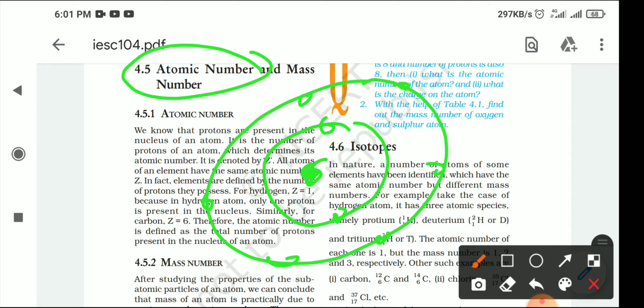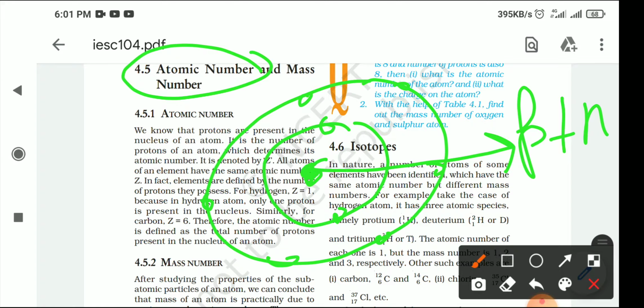Now, as you know, the discovery of the electron, proton and neutron tells us where they are inside the atom. Inside the nucleus there are protons and neutrons, and electrons are revolving around it. The whole mass of the atom exists inside the nucleus. The neutron is a neutral particle, and the proton carries positive charge.